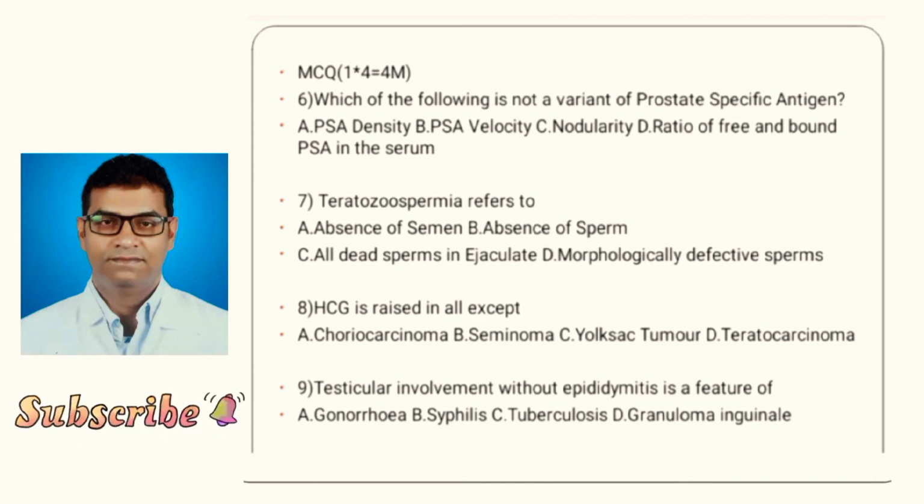C is the answer. Teratozoospermia refers to: absence of semen, absence of sperm, all dead sperms in ejaculate, or morphologically defective sperms. The answer is morphologically defective sperms. Hemospermia is presence of erythrocytes in the ejaculate. Aspermia is no semen or no